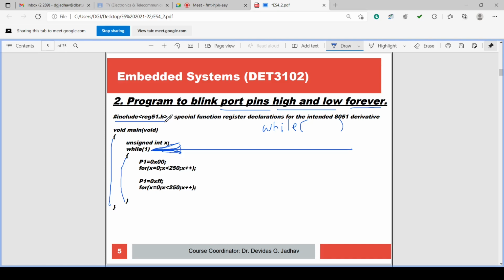Once 0 is sent, the port pins become ground or 0 volt, and then when 1 is sent, the port pins become high, that is 5 volt. If you connect LEDs to the port pins, we can observe the LED glowing and going off, and this continues. We can check this by connecting 8 LEDs to the 8 input output pins.